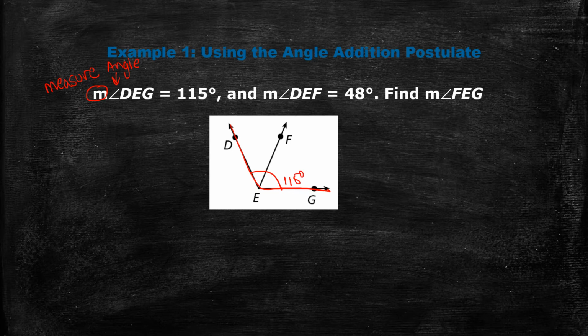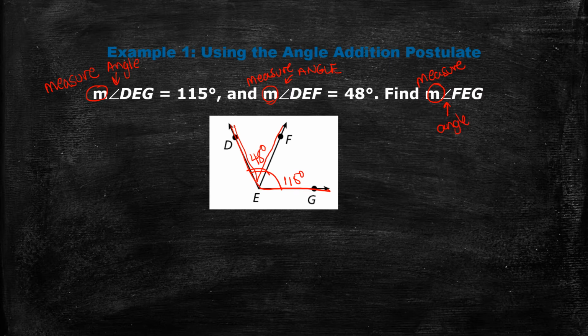And we know the measure, remember this tiny little m here stands for measure, of angle DEF, so this is the inner angle here, DEF, this angle right here measures 48 degrees, and we want to find the measure of angle